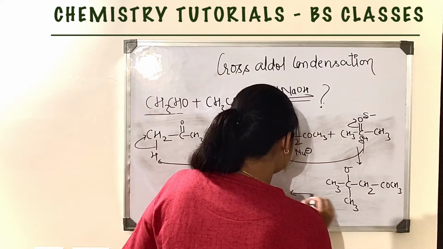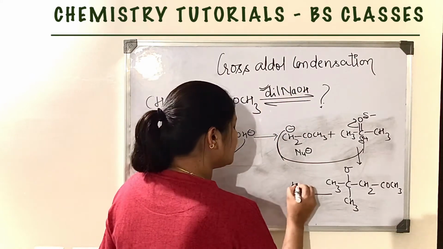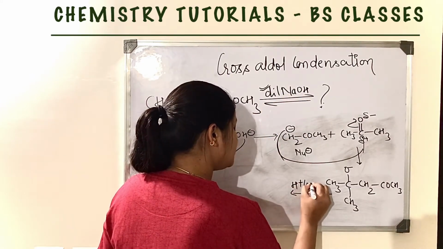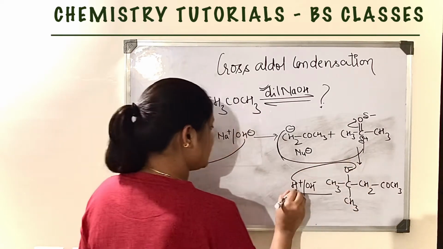We have water in the medium, that's why it is dilute NaOH, and it splits into H plus and OH minus. Now this H will bind with this negative charge and form